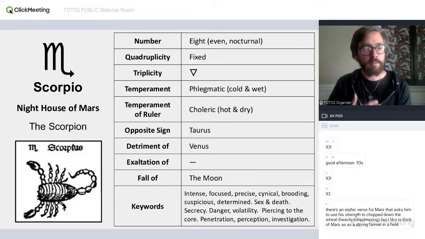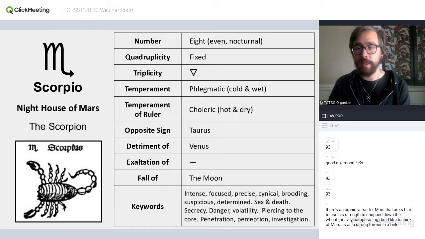And again, this can be, I've known a bunch of people with strong Scorpio placements who are interested in esoteric subjects or who are great scholars too. And so this piercing to the core can be really trying to get to the heart of a matter, trying to really understand the core or essence of the self or of reality or of whatever particular subject Scorpio is interested in.